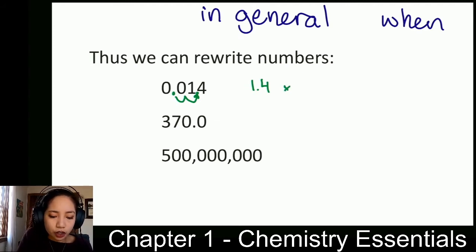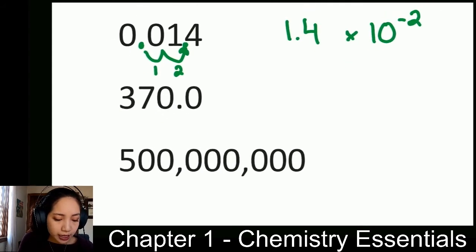So now we need to determine, okay, what's the exponent off of the times 10 to the exponent. So if we count how many places we moved our decimal place, we moved it once, twice. All right, but because this is a small number, we need a negative number within our exponent. So to rewrite this number into scientific notation, it is 1.4 times 10 to the negative 2. Or you can think, okay, I moved that decimal place 2 times to the right, so it's a negative 2. All right, so let's keep going. So the next number,